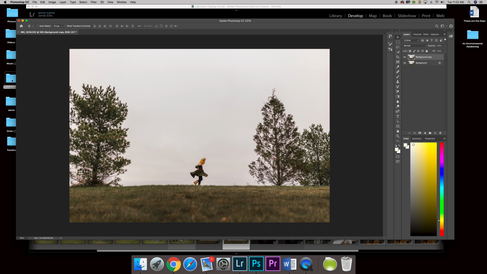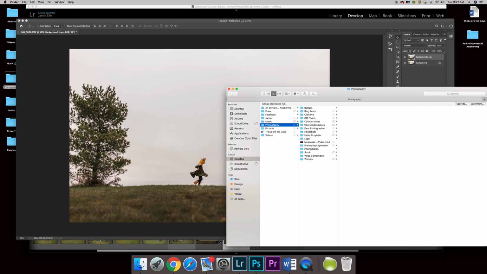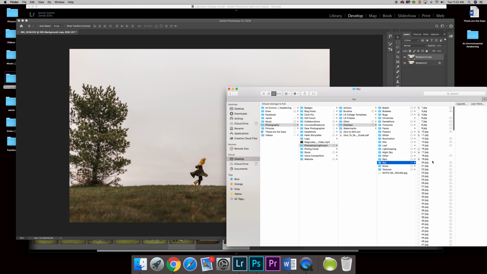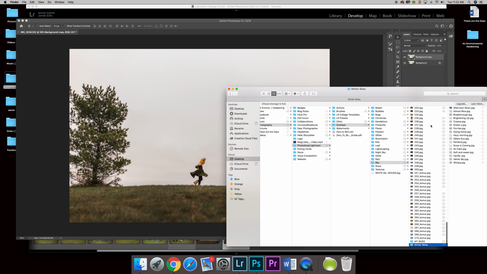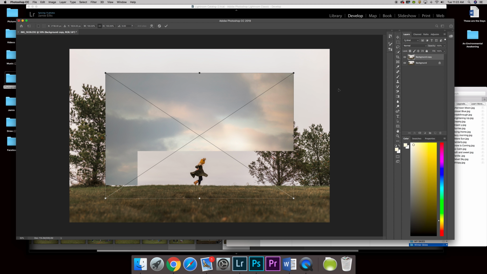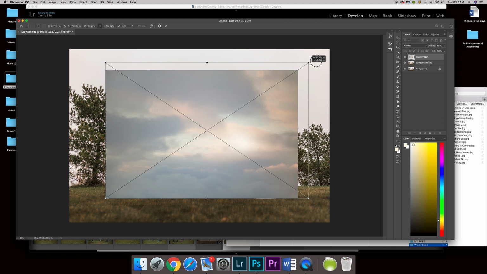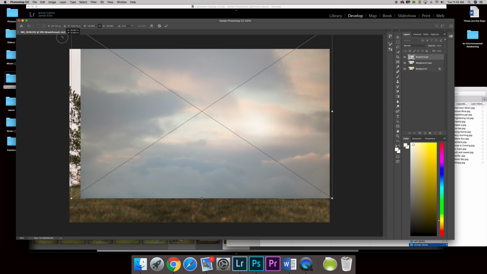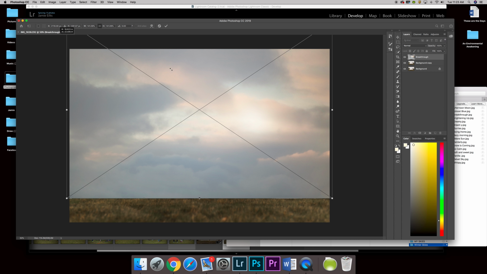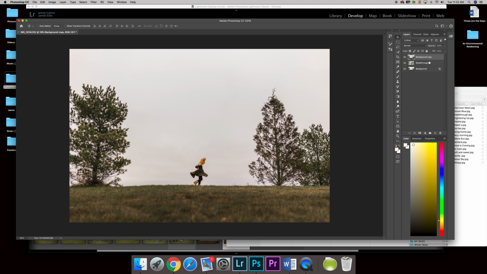Okay. So the next thing I'm going to do is open up my skies. Overlay sky. I have some winter skies here, and Breakthrough was the one I wanted to use. So I'm just going to drag that in to my image and then stretch it out till it's covering my image. There we go. Enter to place it. Okay, and then I'm going to drag that down below that background copy